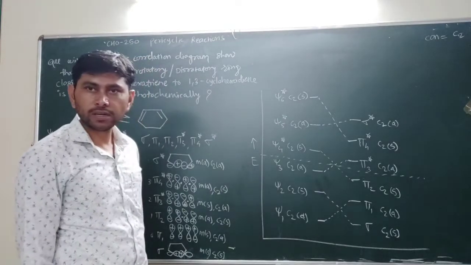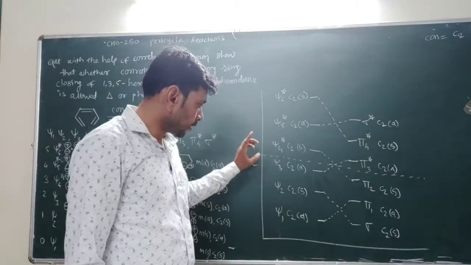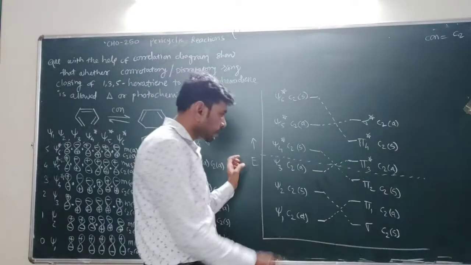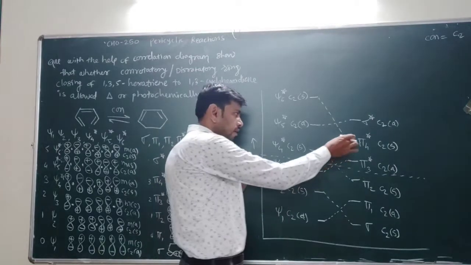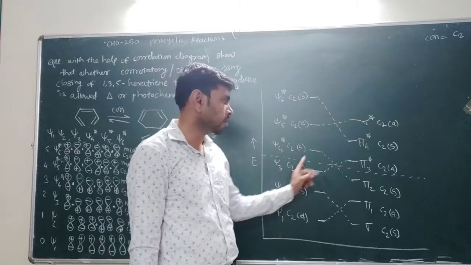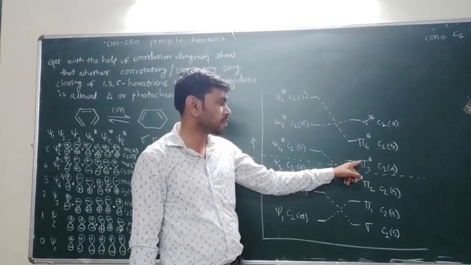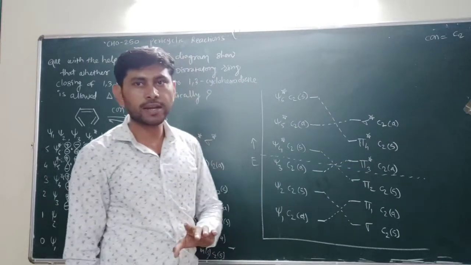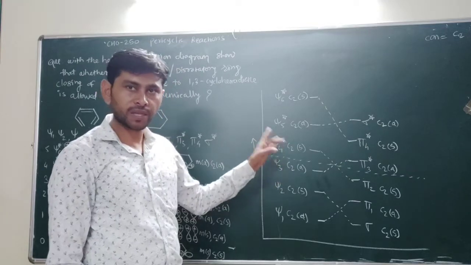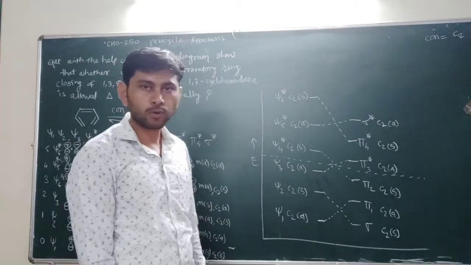So what is our observation here? Our observation is that the reactant orbitals and product orbitals are correlated by C2 symmetry, but a ground state orbital of the reactant is correlated with an excited state orbital of the product. When the excited state is involved in the orbital correlation, that reaction must be photochemically allowed. So this reaction is photochemically allowed.